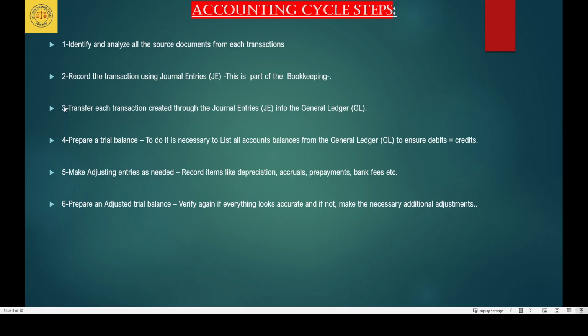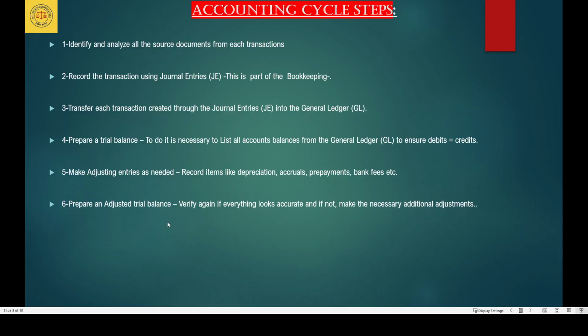That journal entry is going to affect the general ledger. The general ledger is going to give you a trial balance, but this time it's going to be the adjusted trial balance again. But if everything looks right, reasonable and accurate,